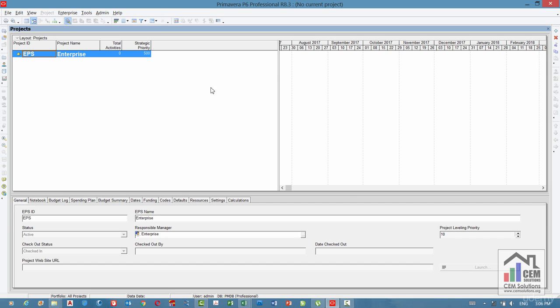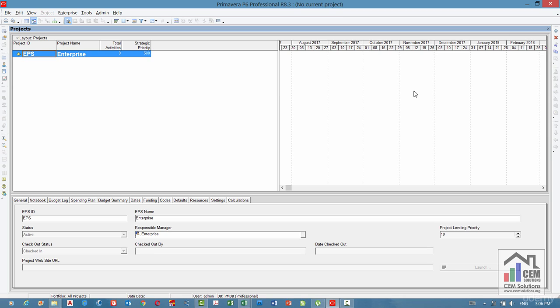The central space of this projects window is divided into 3 parts. The left side is a tabular portion which contains different columns. You can add or remove these columns, and every column has some type of data displayed inside it. We'll look into its detail later. The right side contains the graphical portion or Gantt chart, where different types of bars are displayed.